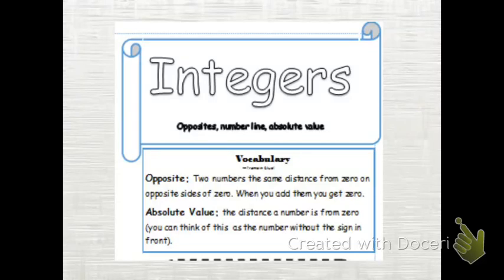So we're going to talk about opposites and numbering a number line. So opposites, like we talked about last week, are two numbers the same distance from 0 on opposite sides of 0. When you add them, you get